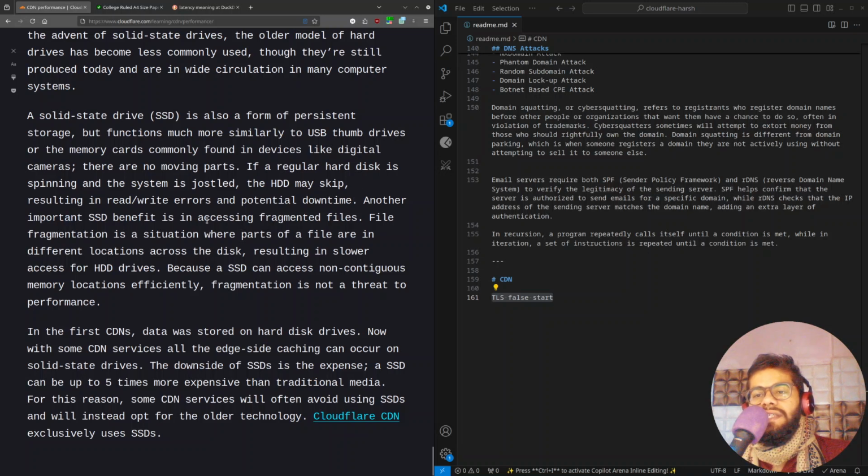Another important SSD benefit is in accessing fragmented files. File fragmentation is a situation where parts of a file are in different locations across the disk, specifically when you partition the disk, resulting in slower access for HDD drives. Because an SSD can access non-continuous memory locations efficiently, fragmentation is not a threat to performance. Okay,